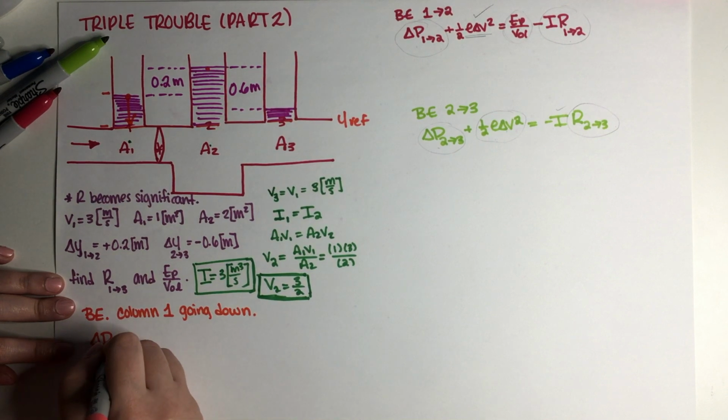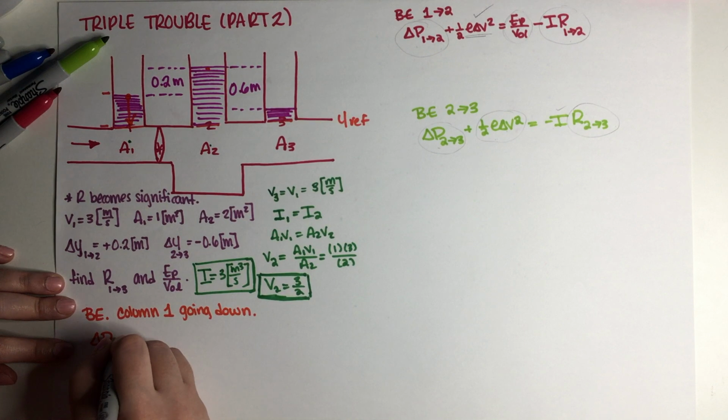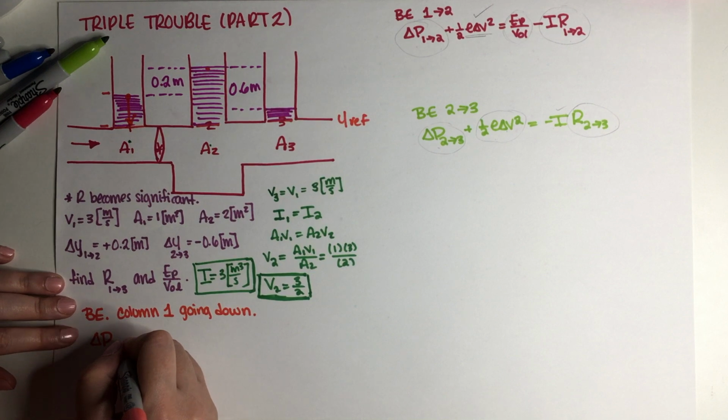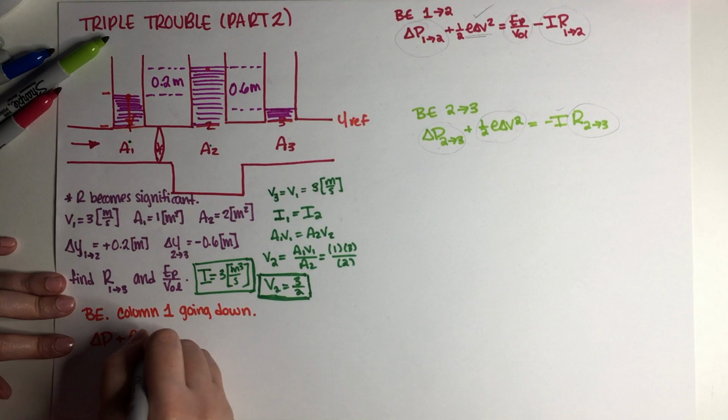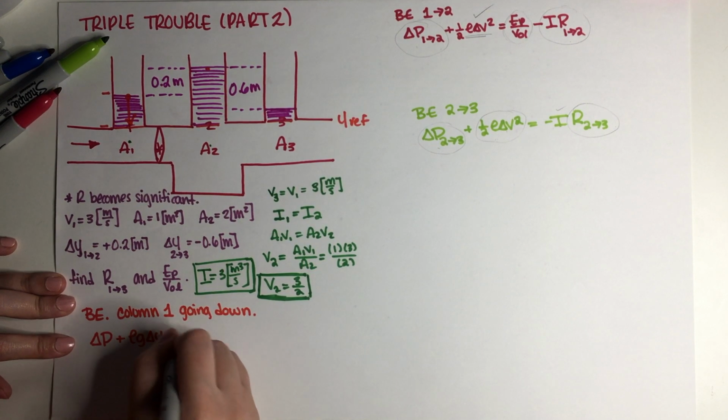I don't have a change in area because this is a water column. Water is not moving. There is no flow, so there is no IR term, and there is also no pump. So the only term that survives would be rho g change in height,